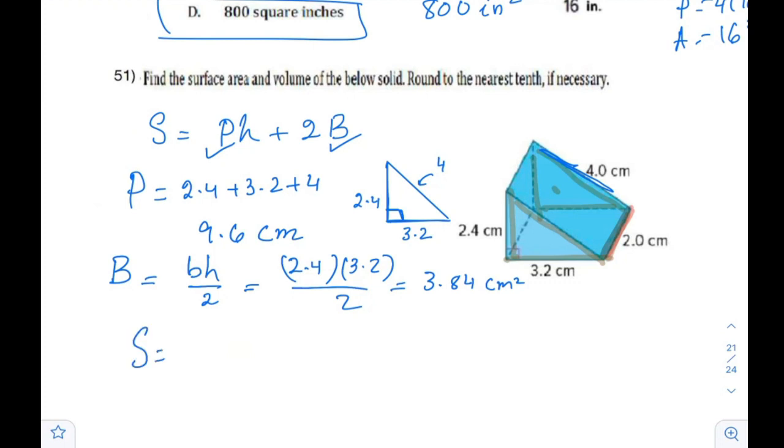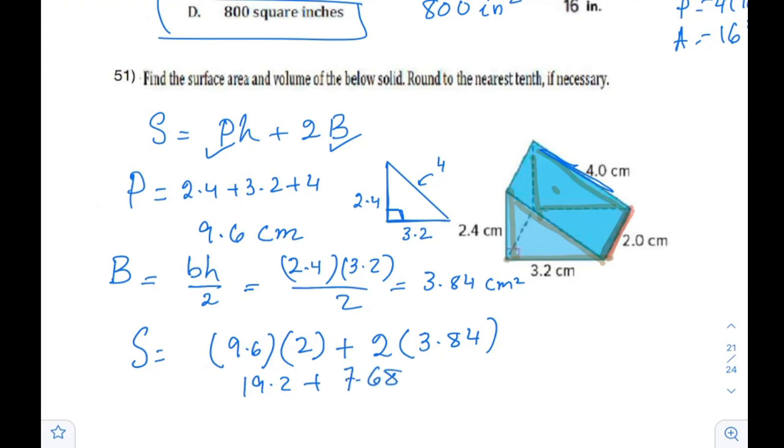So S is equal to P times the height plus twice capital B. And this will be 9.6 times 2 plus 2 times 3.84, and the total is